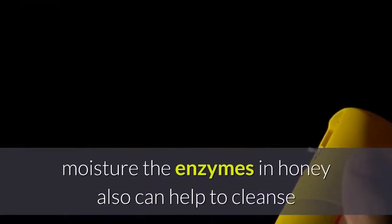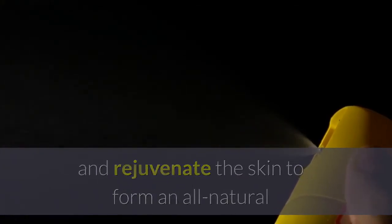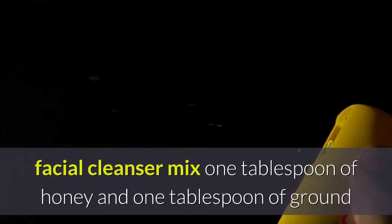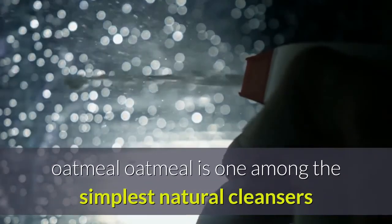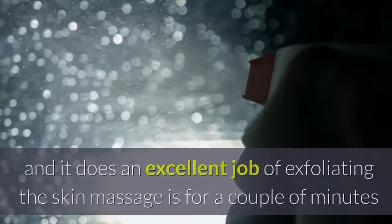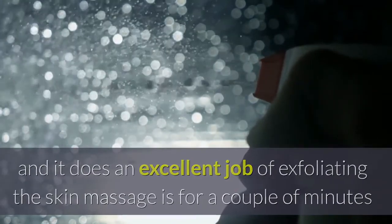The enzymes in honey can also help to cleanse and rejuvenate the skin. To make an all-natural facial cleanser, mix 1 tablespoon of honey and 1 tablespoon of ground oatmeal. Oatmeal is one of the best natural cleansers, and it does an excellent job of exfoliating the skin. Massage it in for a couple of minutes and you will be